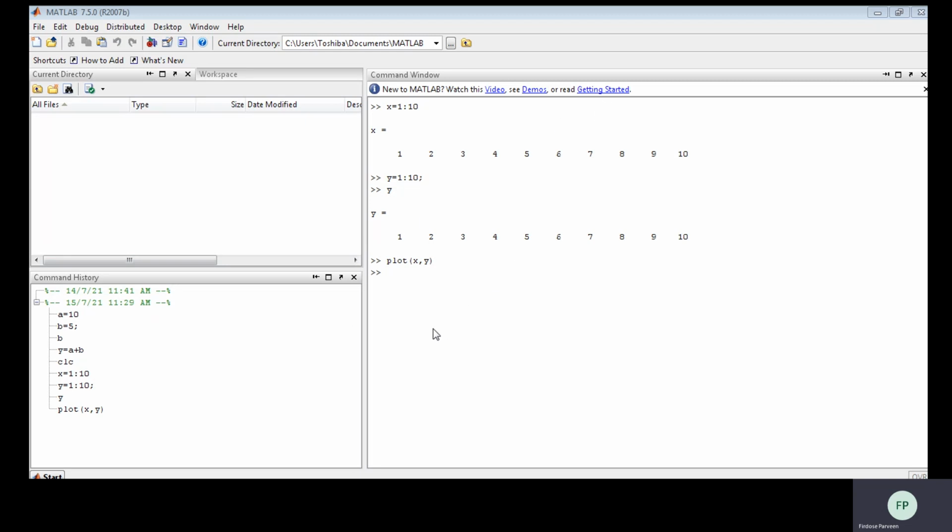Now I want to label this x-axis and this y-axis, and I want to give a title also.